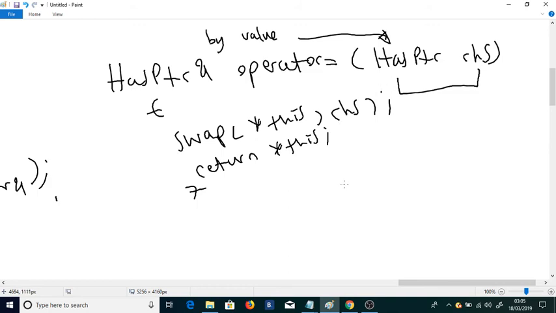And the reason for that is as follows. Whenever we pass an R-value as the right-hand operand to an assignment operation, the target of which is an object of type HasPtr, then the move constructor will be invoked to move construct the parameter. In this case, it is a non-reference parameter, so it will invoke the move constructor, and so consequently, we will